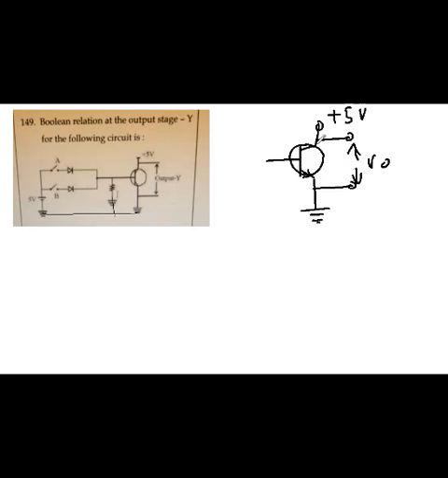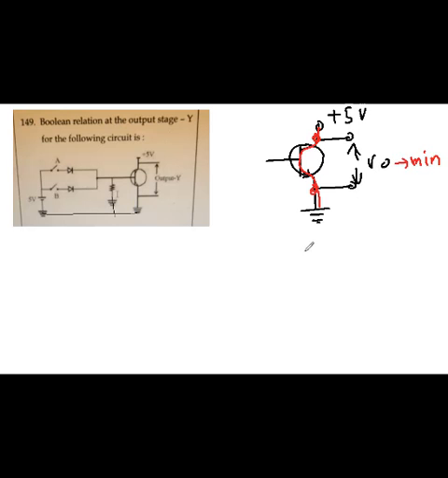Now you need to think about two conditions. If the transistor is conducting, that means a current goes from the collector through to the emitter. If there is a current flowing like this, then this point and this point where you take the output will have almost the same potential. So when there is a current, the potential difference between these two points becomes very, very small. That means V out will become minimum.